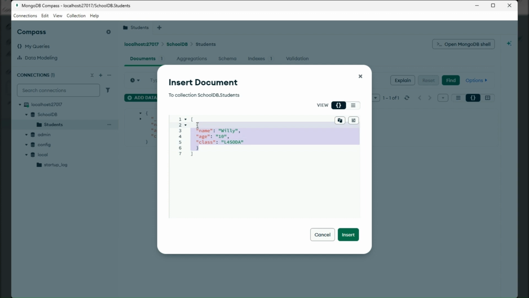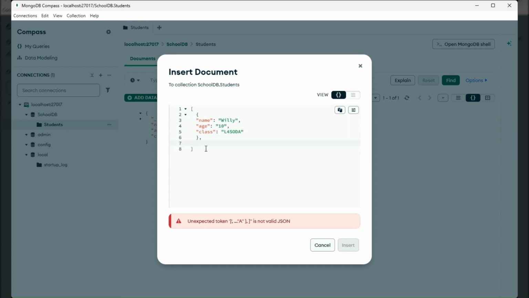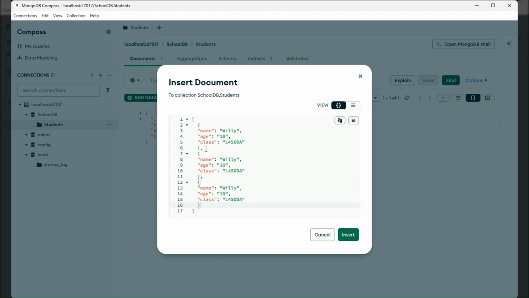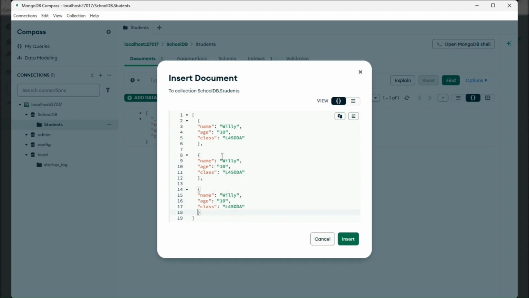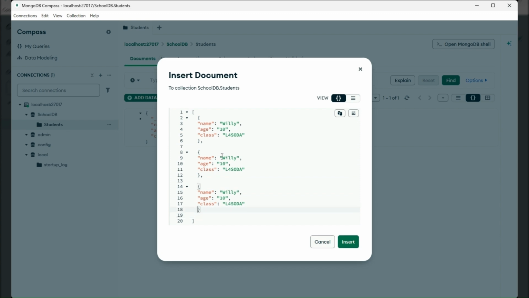So I'm going to copy paste. Okay, copy paste. So right now we have 3 documents. Okay, 3 documents, and then in these 3 documents you share maybe